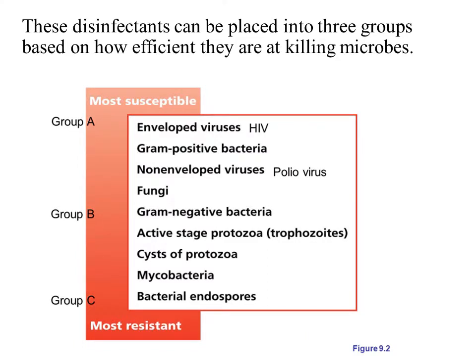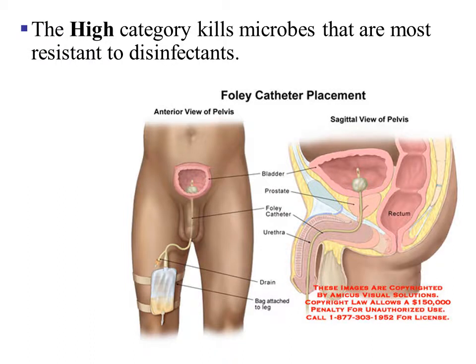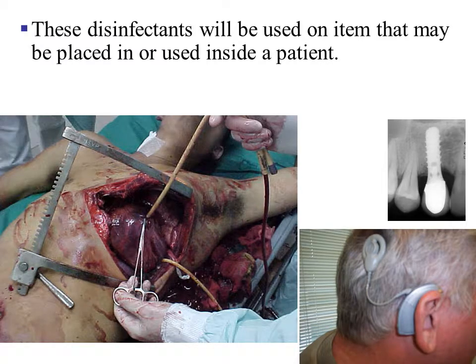These germicides, which are also disinfectants, can be placed into three groups based on how effective they are at killing. The high category will kill microbes that are most resistant to disinfectants. These disinfectants will be used on items that may be placed inside the body and left there or used inside